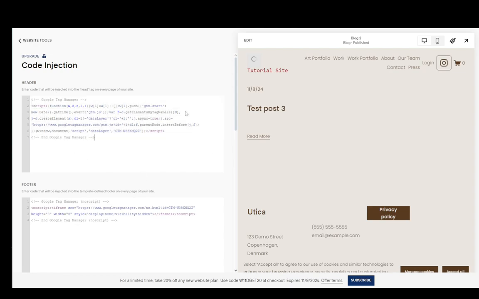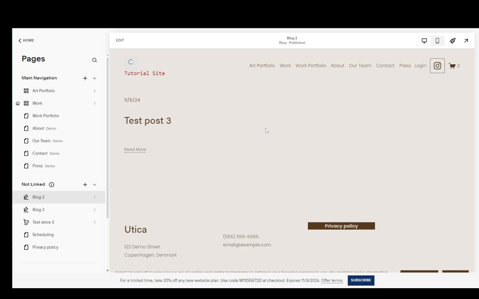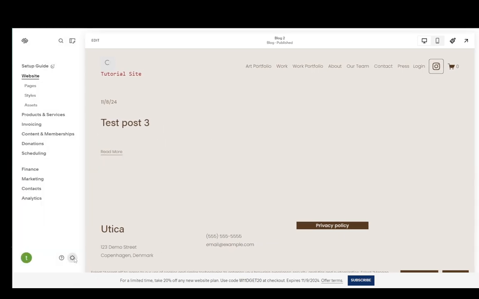Now, this is for Google Tag Manager. I won't be removing it, but that is what you need to delete. Now, once you've deleted all of that there, the integration will be disabled. And now what we need to do is go into our settings menu,